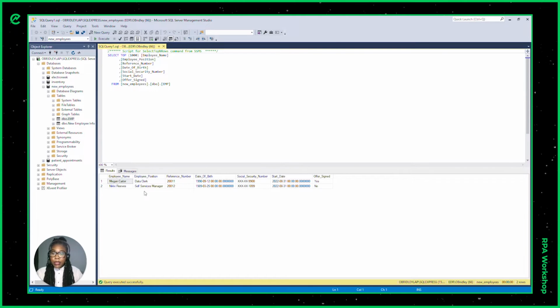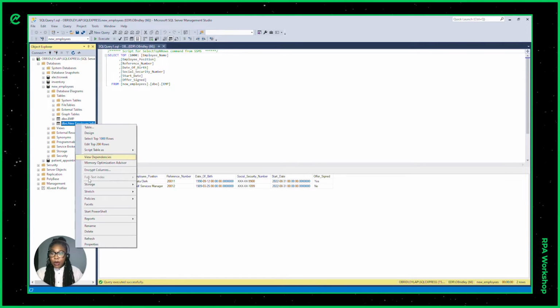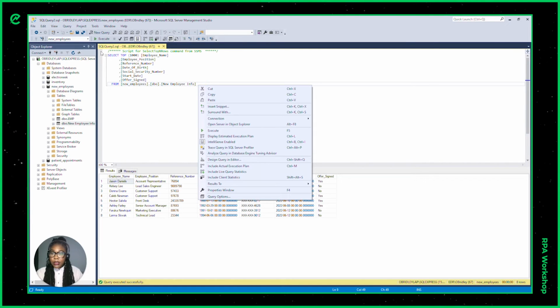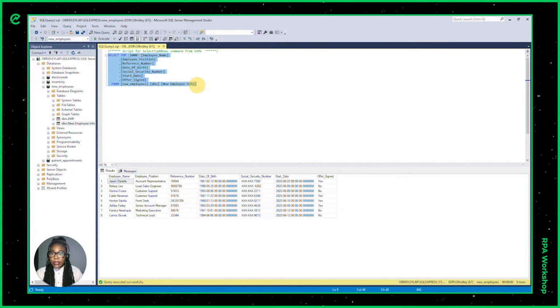For example, there are only 2 subjective lines in this table. And if I were to open up this table here, which would be the new employees info, select top 100 rows, I will be able to see that table, which is the table that we're going to be using because it has more data. So now what I can do is select from the top, and I can copy this information,